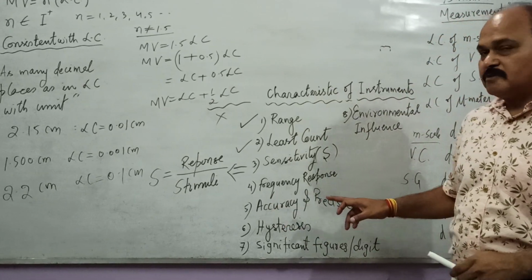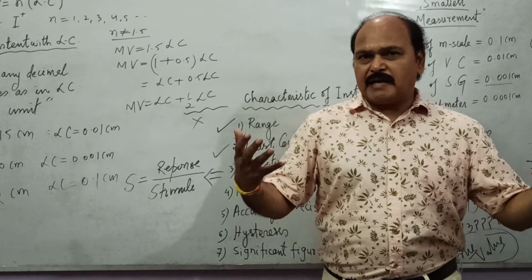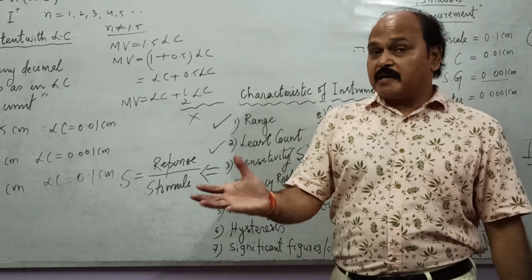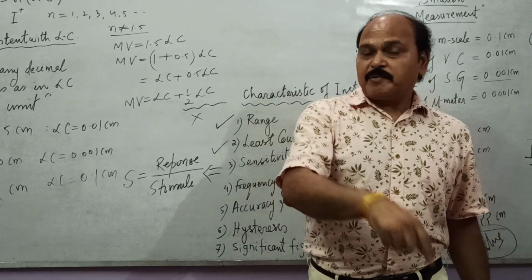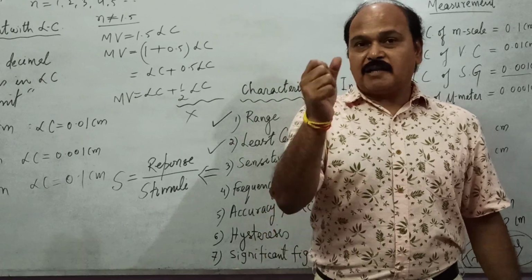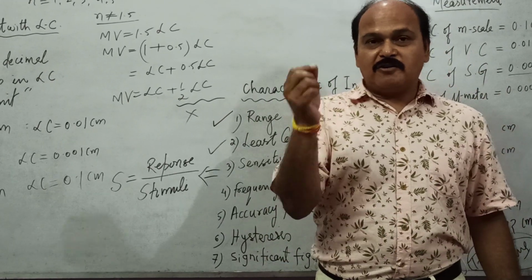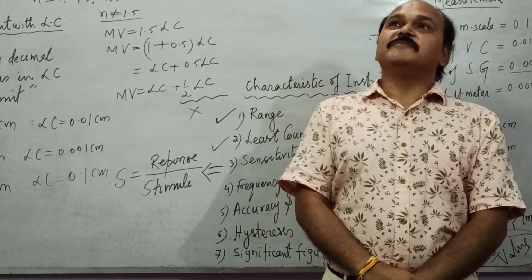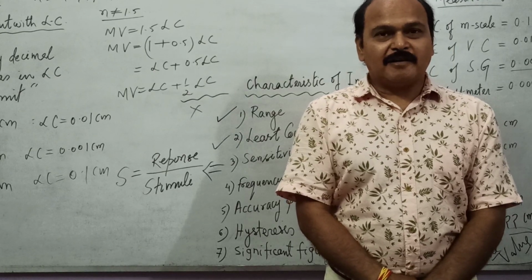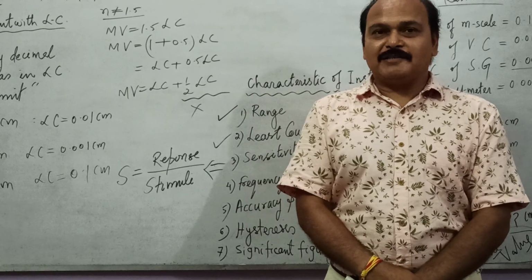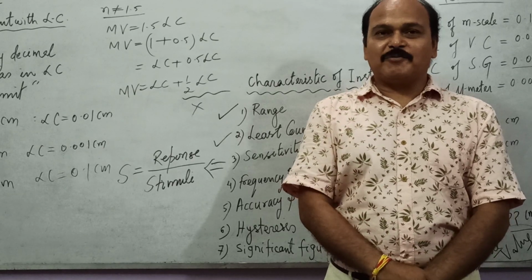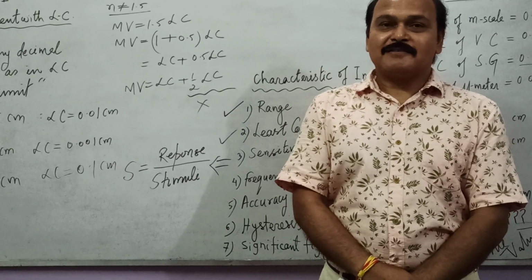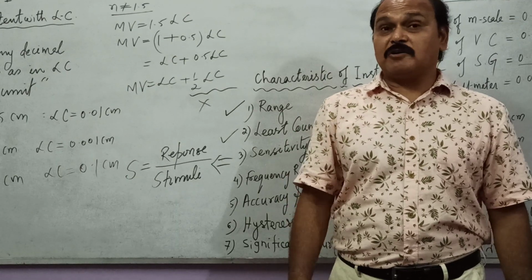Next is frequency response. Frequency response is the agility of the instrument. How fast we can make a measurement from an instrument is decided by the frequency response. Like a clinical thermometer. If you put a normal clinical thermometer in your mouth, you are asked to wait for say 1 minute, and while waiting, you feel inconvenience. You play with that thermometer in your mouth until 1 minute goes past. So after 1 minute, that clinical thermometer is able to record the temperature of the body.